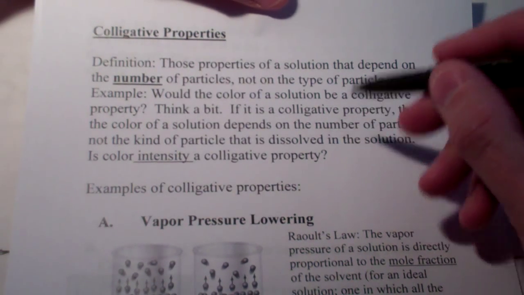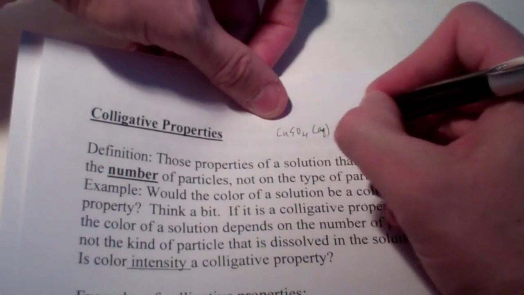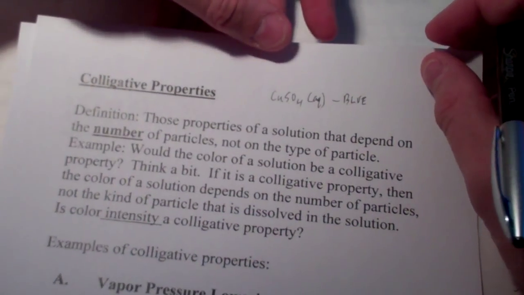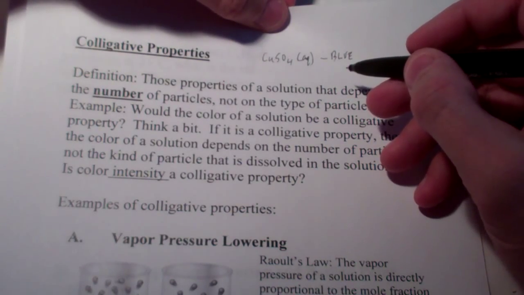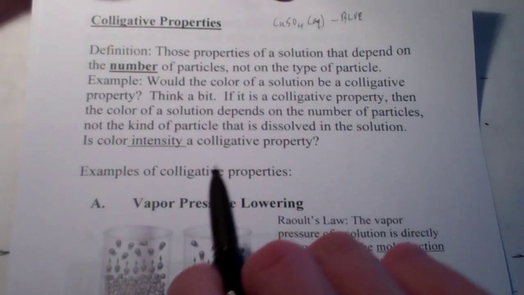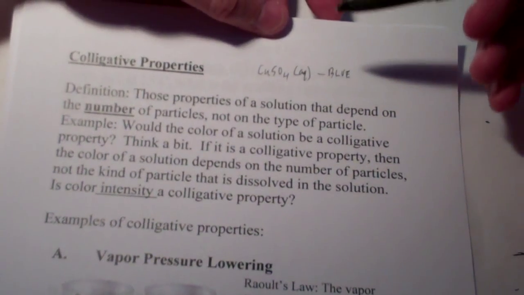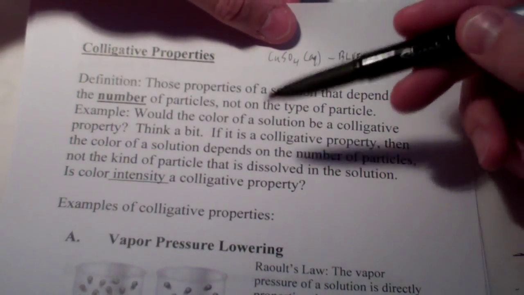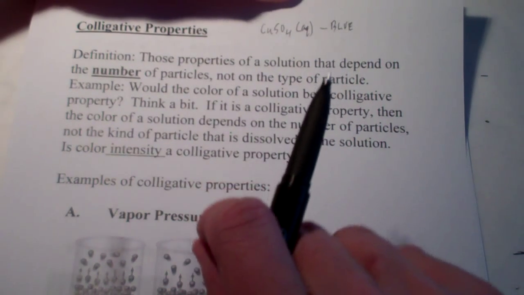For instance, copper sulfate solutions would be blue in color, wouldn't they? Cobalt chloride or cobalt nitrate solutions might be pink in color. That depends upon the type of particle that's dissolved. So that would not be a colligative property. However, would the intensity of that color be a colligative property? Would the intensity depend upon the amount of copper sulfate that's dissolved in my solution? Perhaps that would be. Color intensity might be a colligative property because it depends upon the amount of solute that's